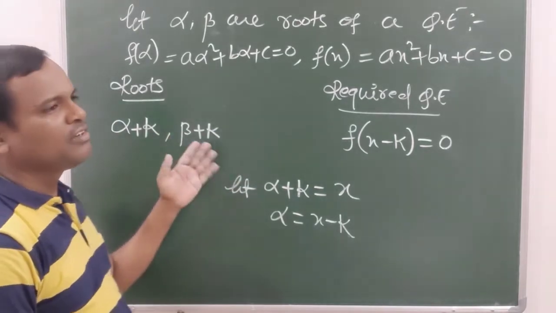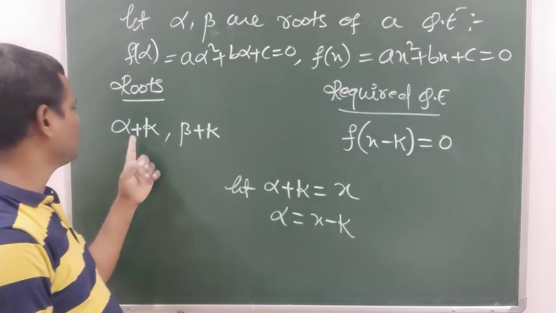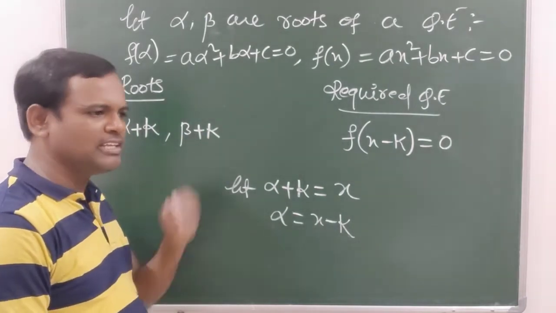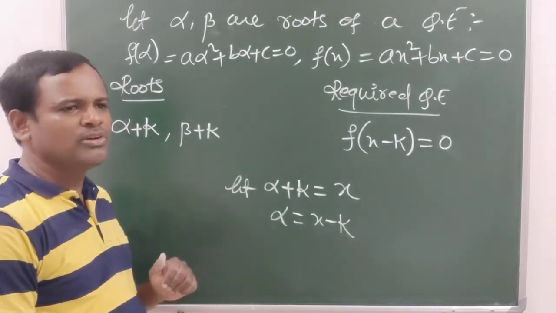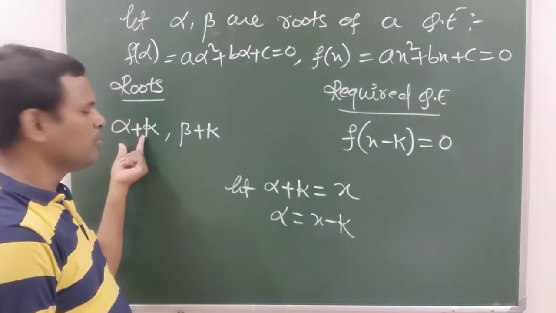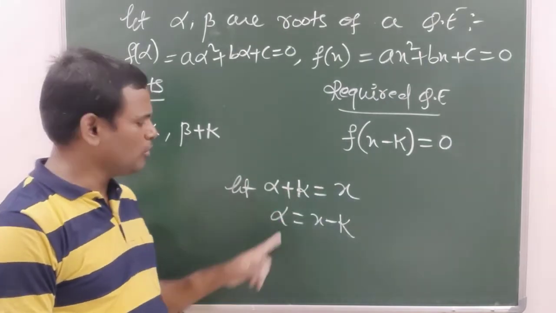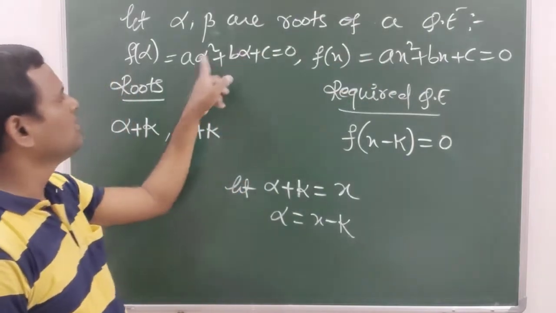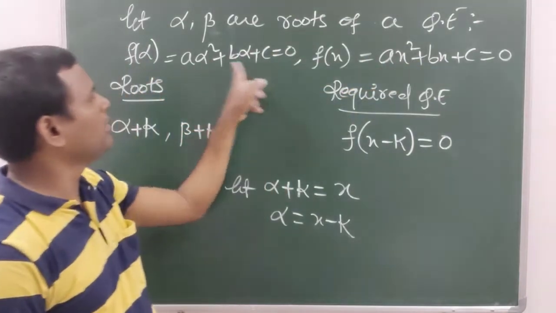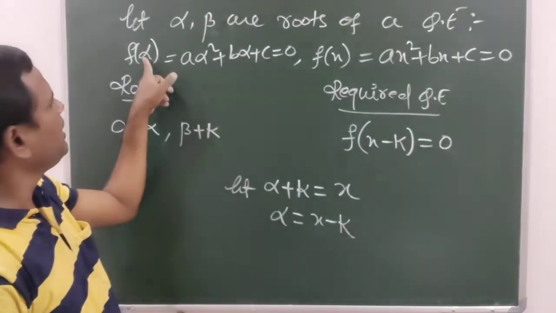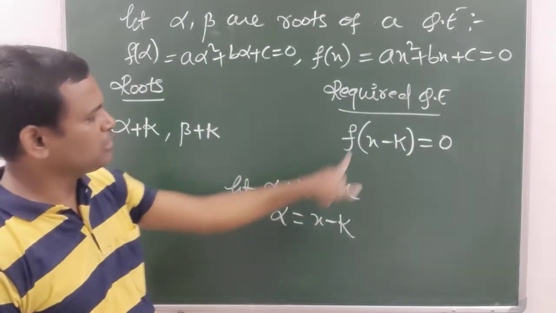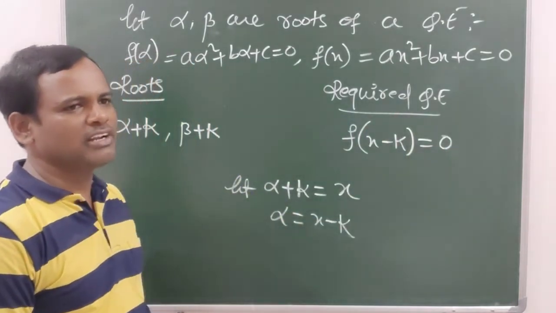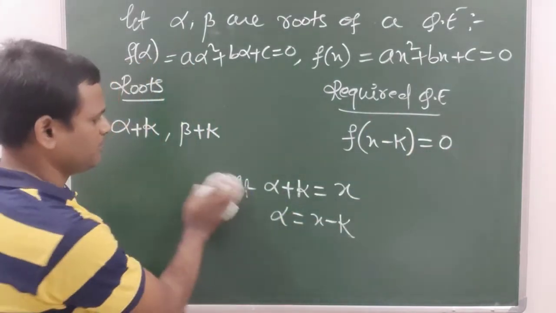Here what we have done, we would like to calculate a quadratic equation whose roots are alpha plus k comma beta plus k, where k is not equal to 0. K is any real number but not equal to 0. So here what do we do? This we have to consider as x. Now make alpha a subject. Already we know alpha is one of the roots of this equation. Hence substitute x equal to alpha. I got this one. In the next step, I replace this alpha by this x minus k and go for simplification, so that we will get our required quadratic equation.